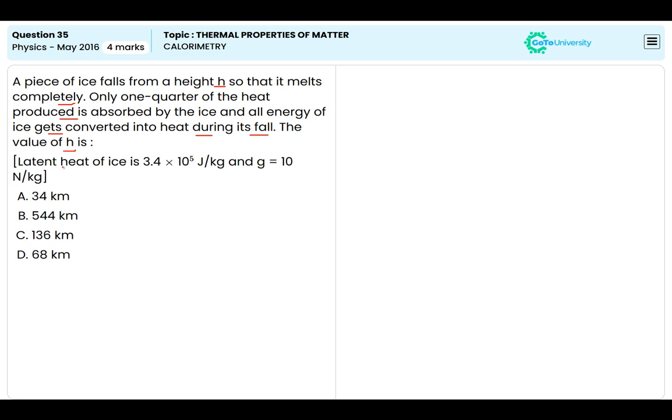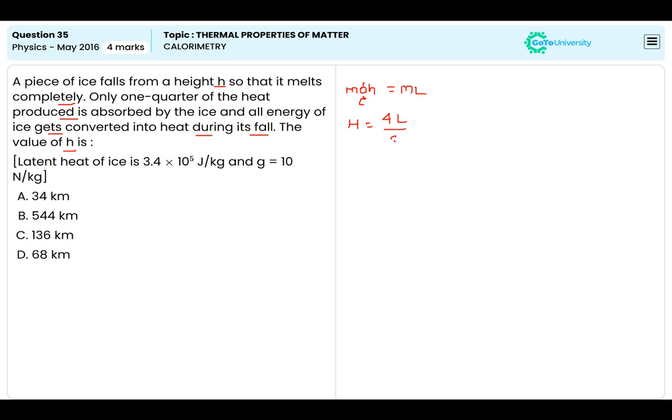Okay. Given latent heat of ice is 3.4 into 10 power of 5 joules per kg, and acceleration due to gravity, that is g, is equal to 10 newton per kg. Okay. Then here given m g h is equal to m into L, and h is equal to 4L